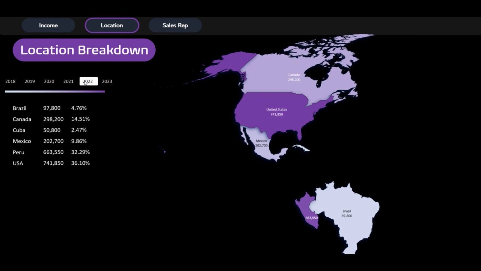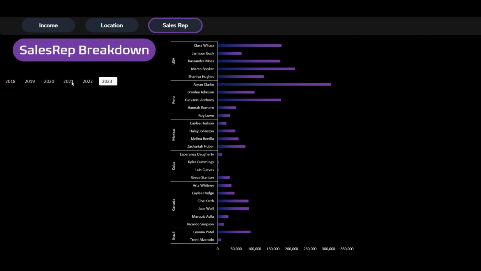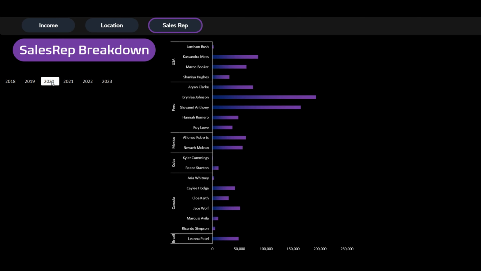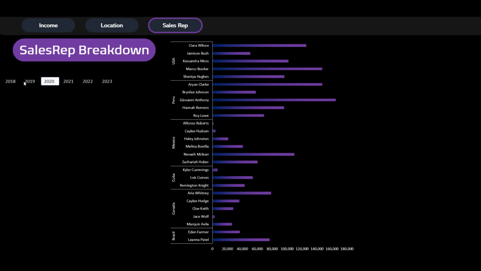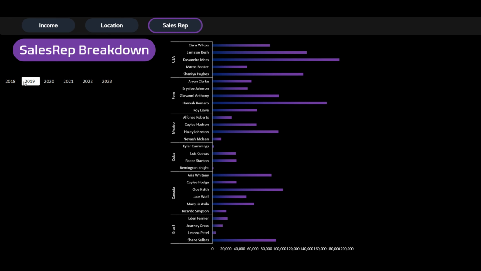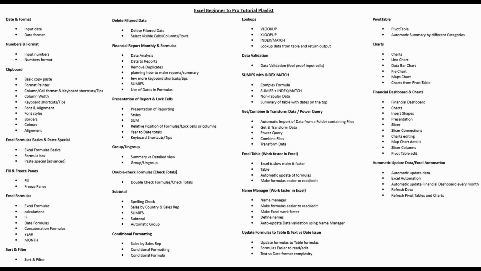By the end of this tutorial, you'll be able to work with Excel like a pro, and there are two key reasons for that. Point 1, we'll start with very basics of Excel using real data examples to cover most of the important features. We'll go from basic formulas to advanced ones, explore filters and subtotals, dive into Power Queries, work with tables and name manager, create pivot tables, design charts, build financial reports, and even create dashboards.